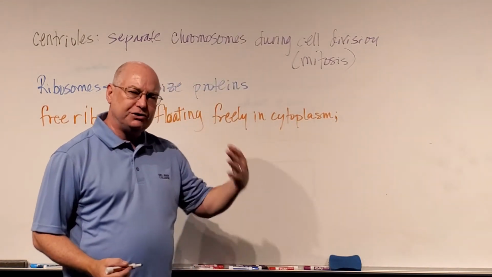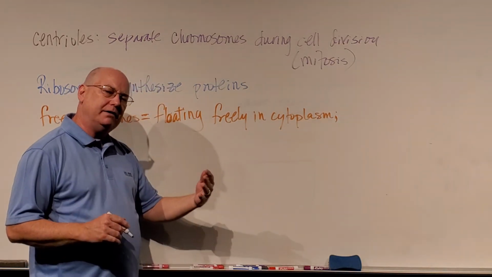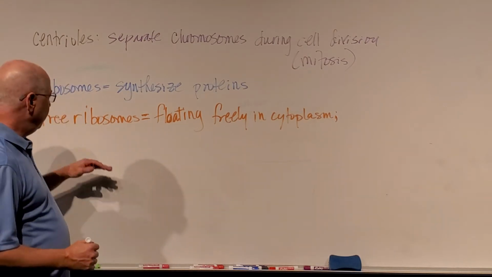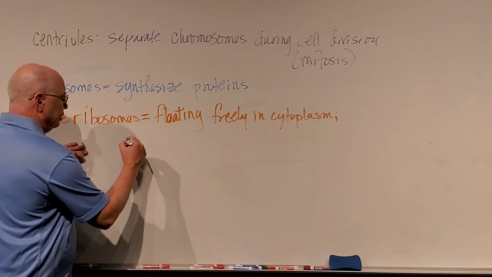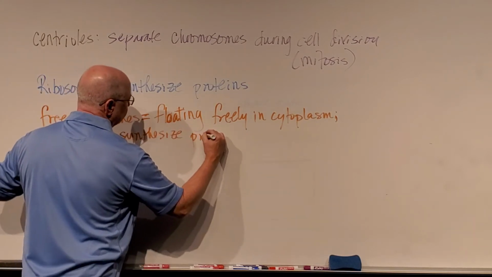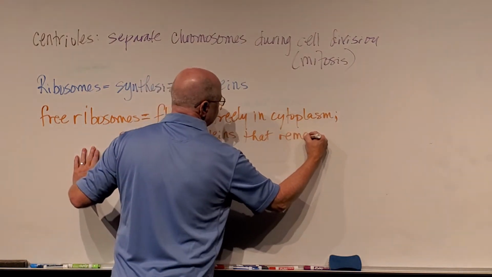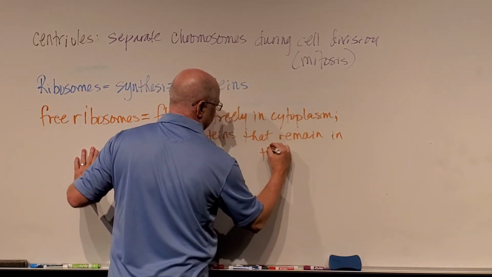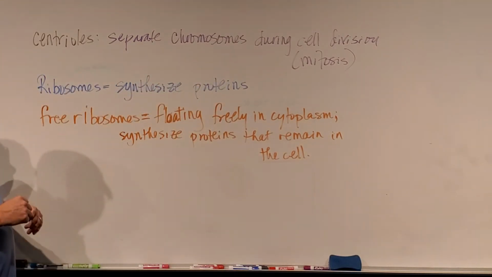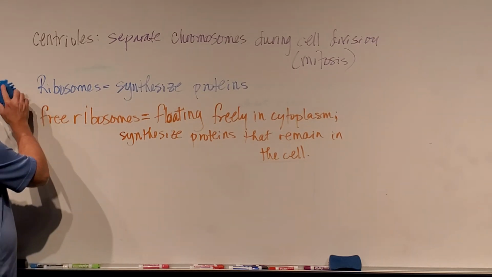It's not 100% accurate all the time, but for now let's keep it simple and then we'll add difficulty and complexity later on. So to keep it simple for now, one of the things we know about free ribosomes is that they are going to synthesize proteins that remain in the cell. Now again, that's not going to make a huge amount of difference for you or explain a lot for you until I talk about